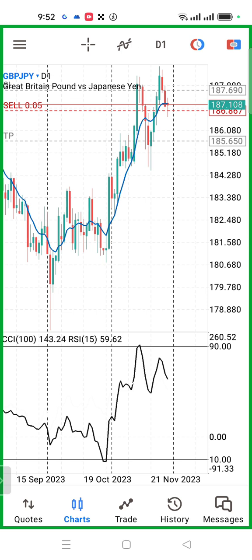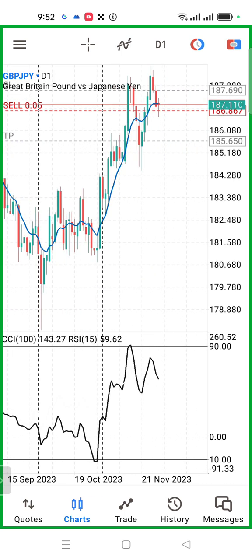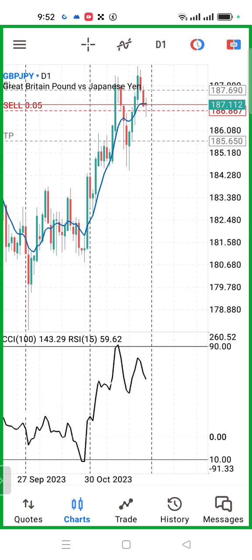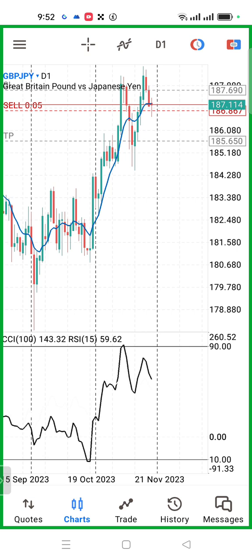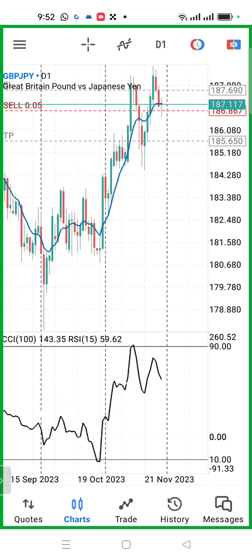But the truth is that in this market there is no straight movement. It will always go up and down, go up and down, but at the end of the day there is a direction that is more dominant that it is going. So now on this strategy, what are you looking for? Number one, you want to make sure that this oscillator, now I have two oscillators here, but one is the one that you are seeing now. This is called CCI, which is the Commodity Channel Index, and it is wrapped in RSI. Okay, so right now what you want to see is that the Commodity Channel Index touched the